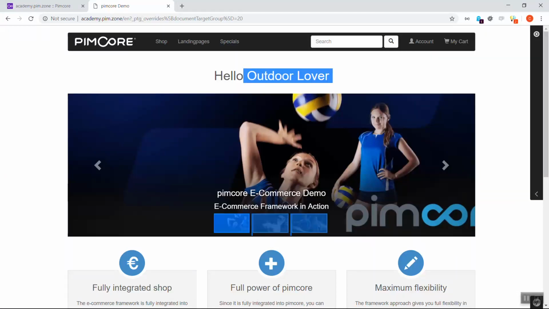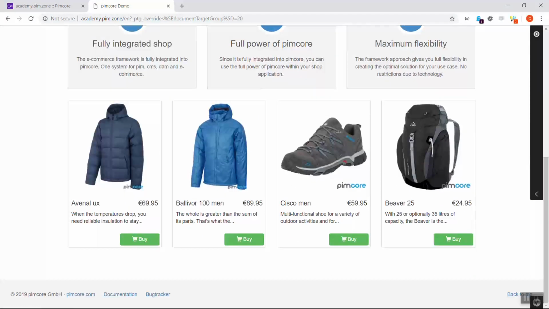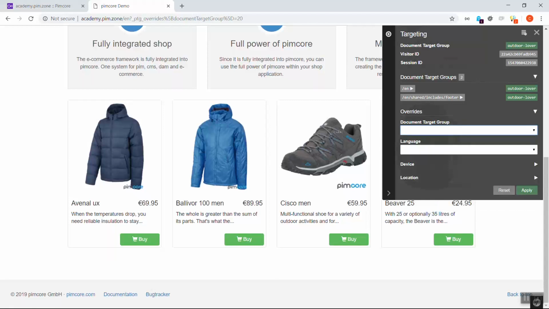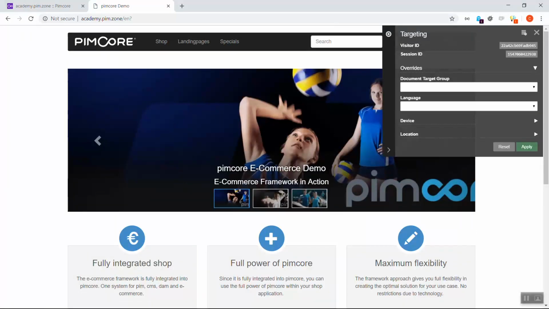We have our headline here, and when we scroll a bit down, we see all the different products that we have defined for the outdoor lover target group. So this works quite well. Pimcore delivers the correct content for a specific target group. So let's reset that again and let's test the second thing, if our profiling rule works